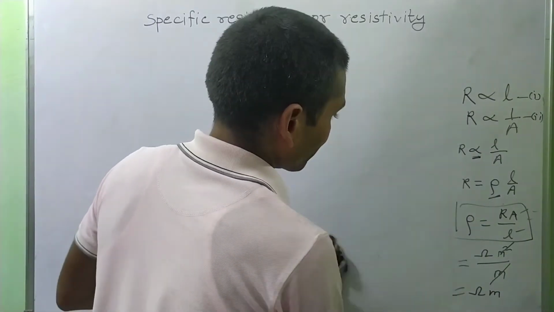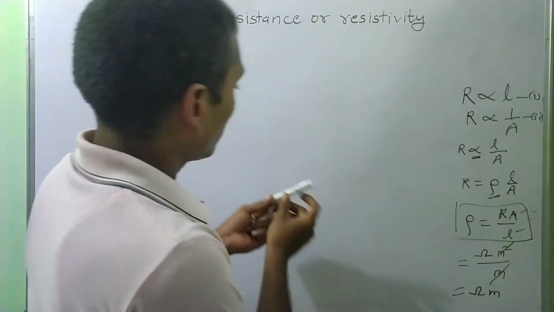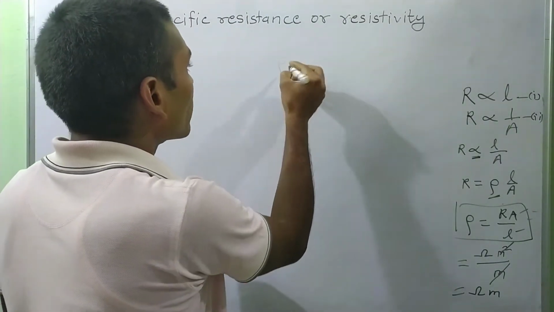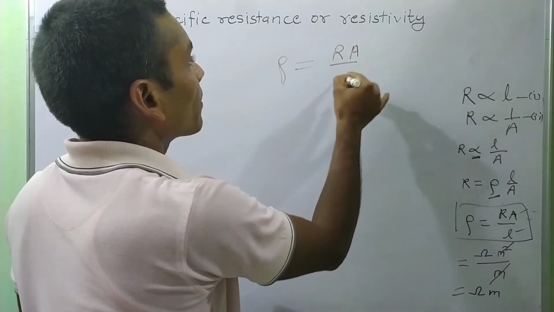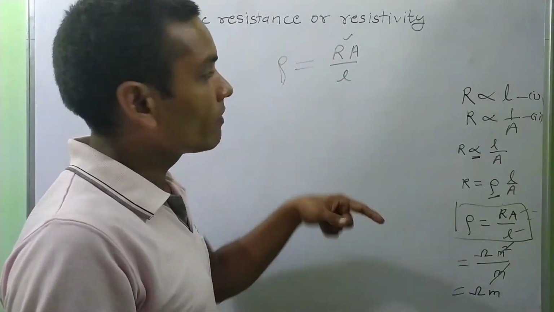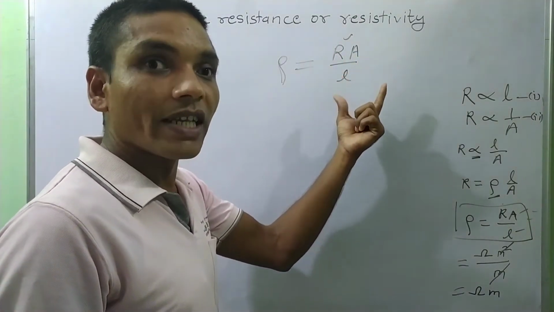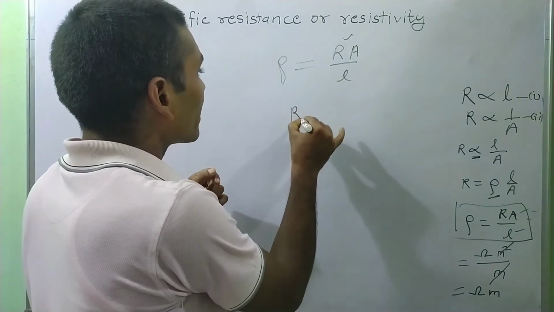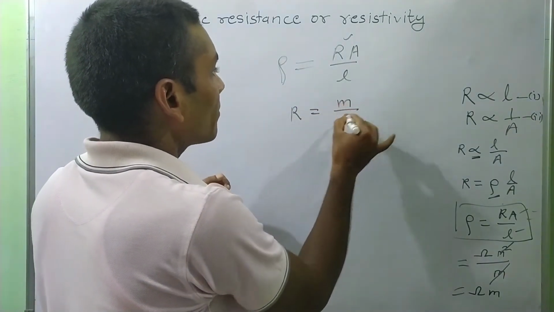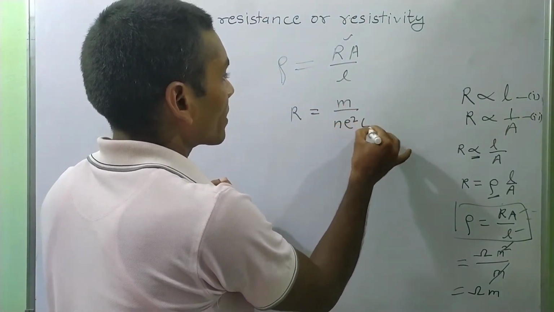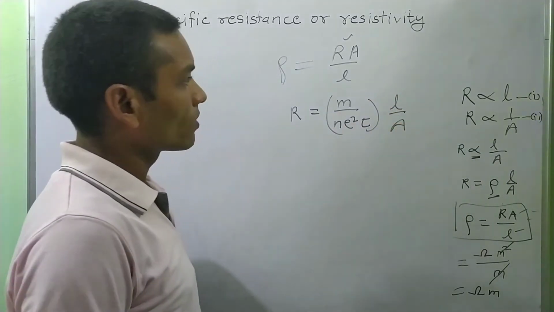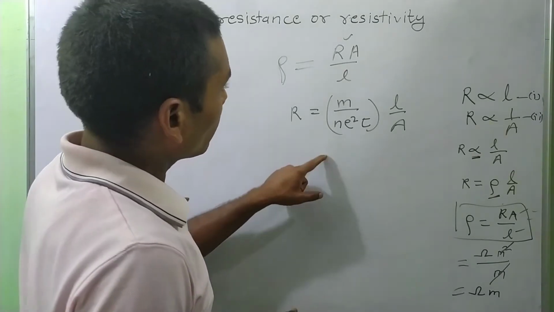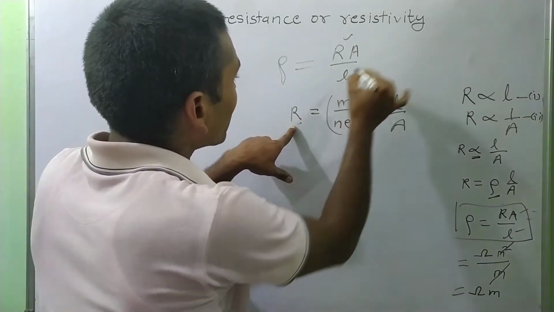You know that rho equals R A upon L. But in the previous video we had already studied that R equals m L upon n e squared tau A. So on putting the value of R in this equation,